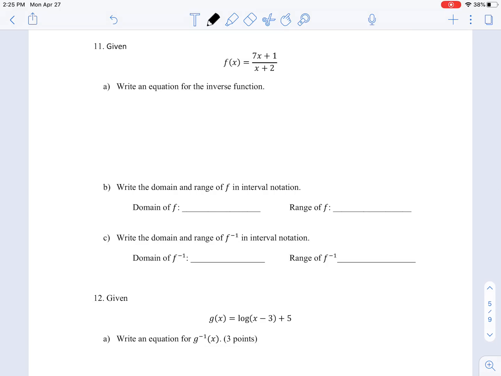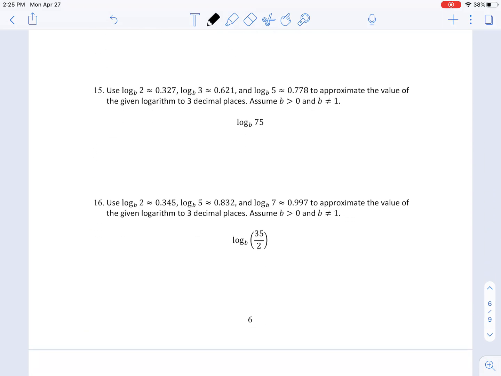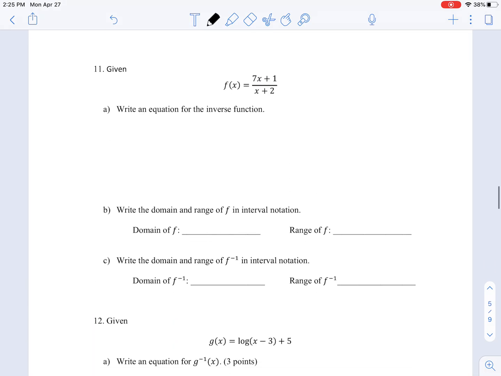Alright, welcome back to the third video. I'm going over the practice problems for our exam 3 in Math 161 class. I'm going to go over 11 through, I'm thinking number 16, 11 through 16 in this video, okay? Alrighty, number 11 and 12 are writing inverse functions and writing the domain and range of the function and its